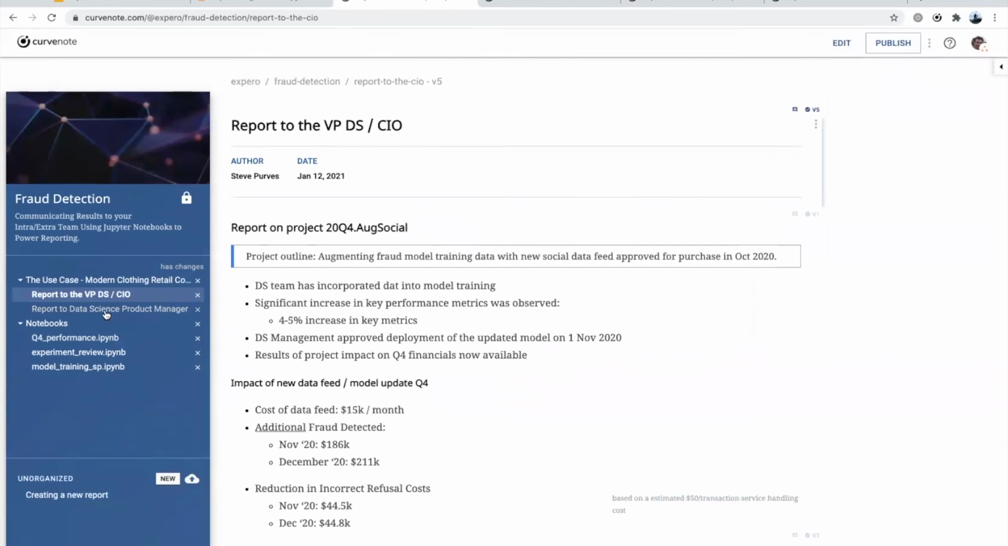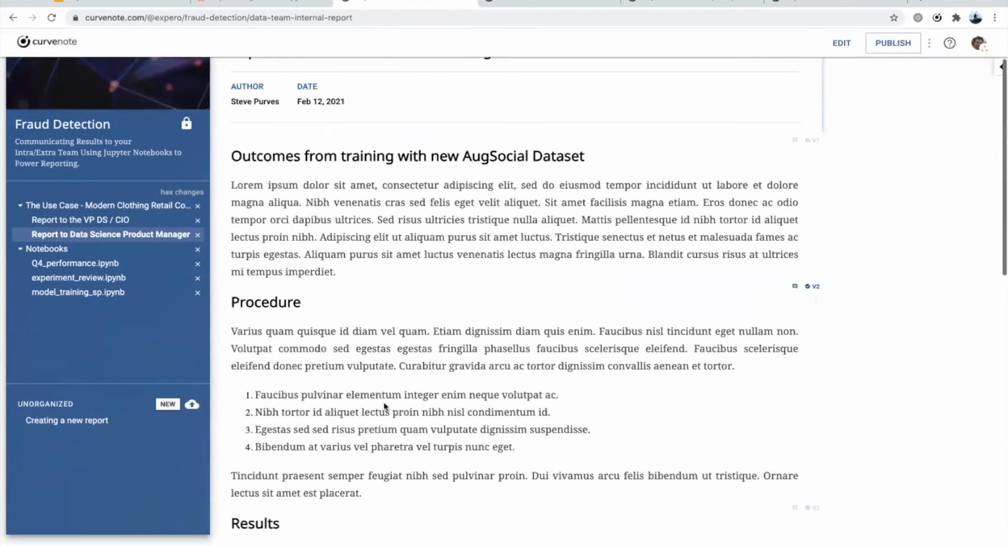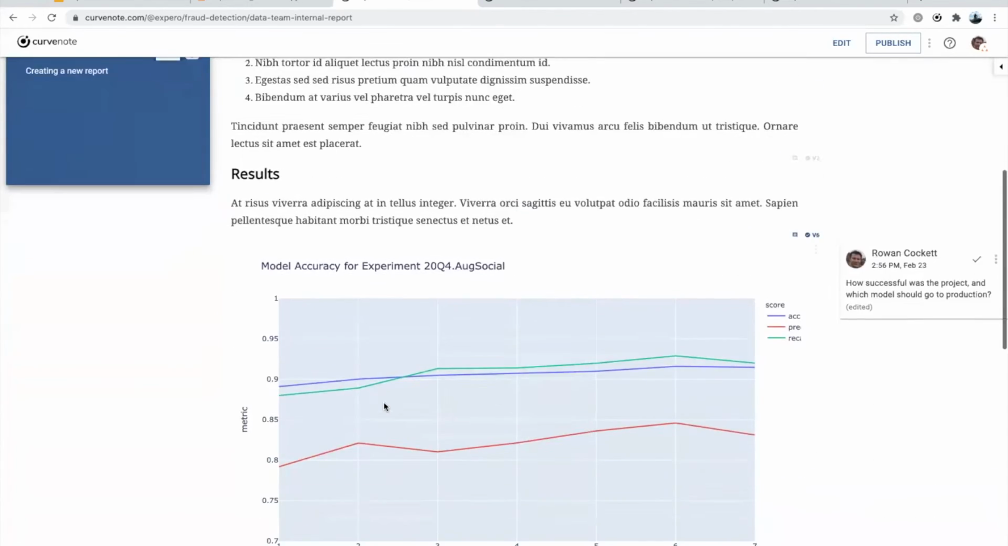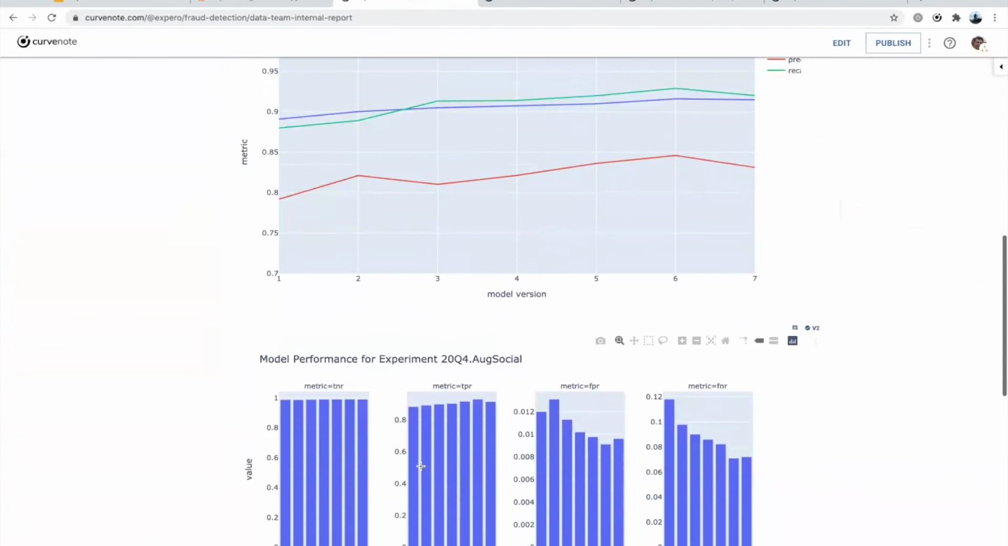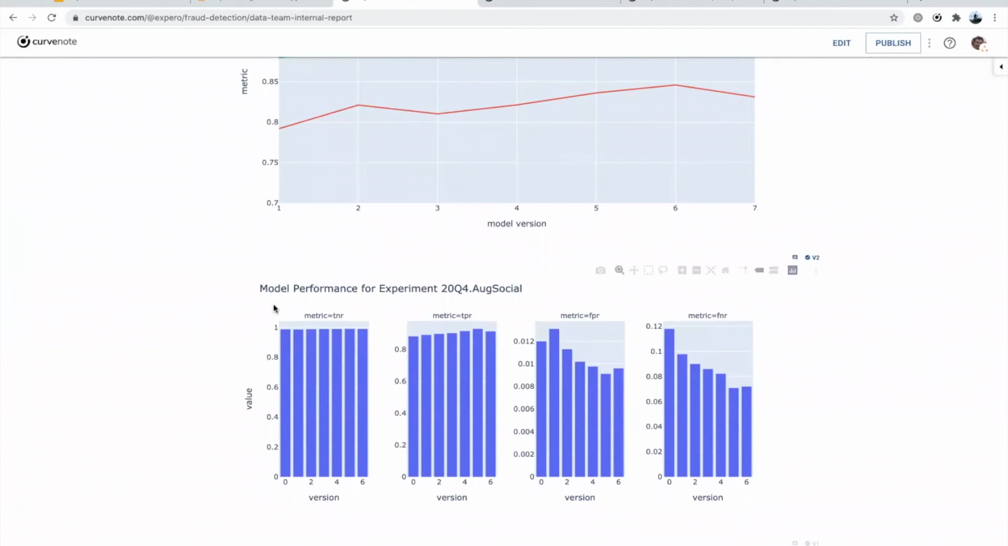And so I'm going to jump over into a report that the project manager is writing, and specifically a chart of the model performance that has been improving over time as the data science team has been working on various approaches to including this new data set. And you can see here that the false positive rate is decreasing, and we've actually gone from about 12% down to